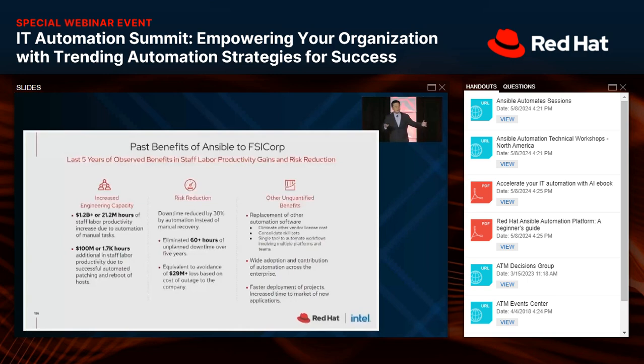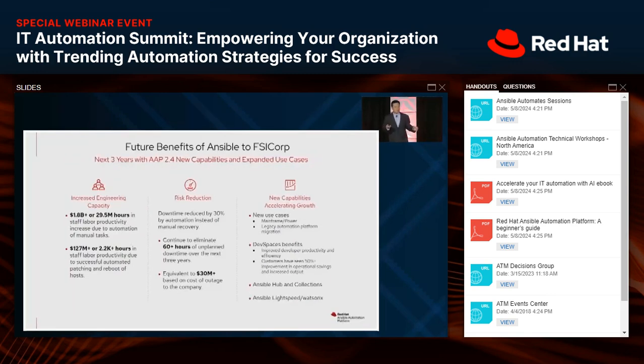And they actually wanted us to do two things. They wanted us to quantify the last 5 years of observed benefits using their data, and then they wanted us to do a 3-year forward-looking ROI on what they expected to get with continued use of Ansible. So this particular customer, in the next 3 years, expects to adopt other aspects of Ansible.